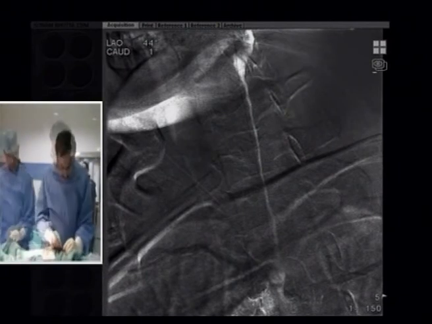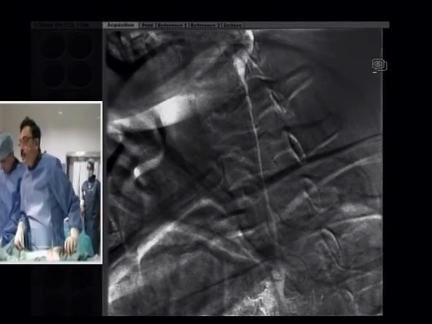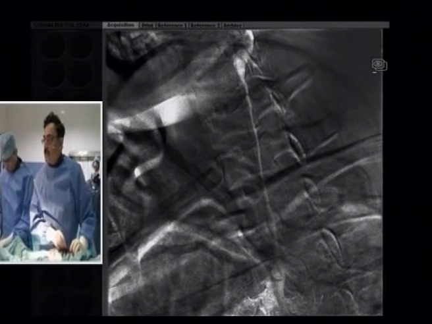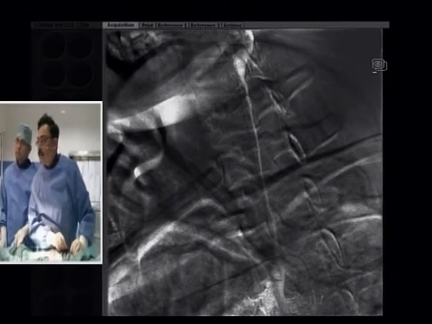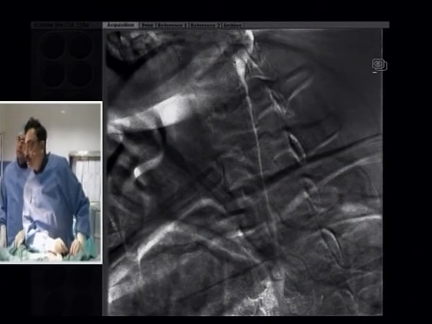I would try not to stent this lesion. I want to know the opinion of the panel. If I can get a good result without stenting, I would still prefer that. Yeah, so we'd need to do the balloon angioplasty and then do an angiogram and then make the decision.